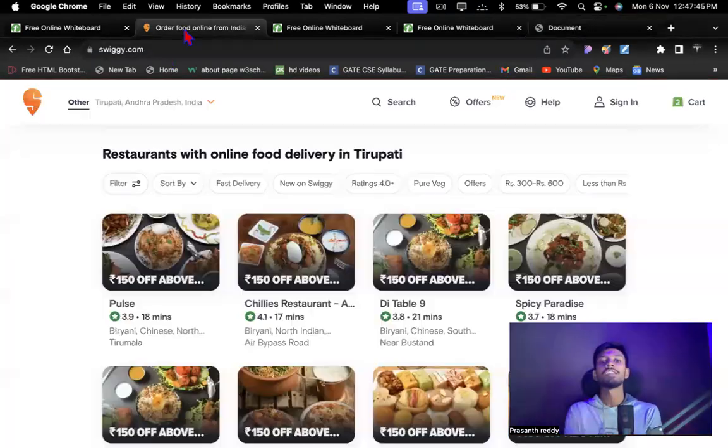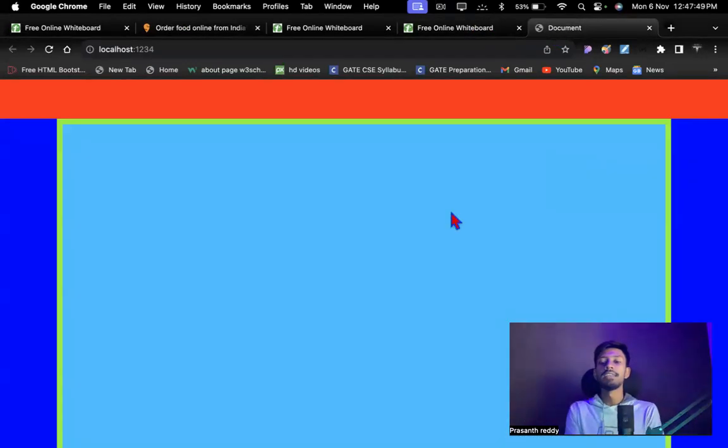Okay, now you got the idea how to build the app layout. Now we built the same app layout. If you see this, this is the same Swiggy app layout. Now let's take a break, guys. Finish your lunch. Come at 2 o'clock. Let's build our own app.